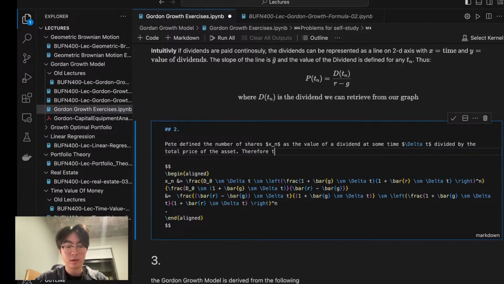Therefore, this number, I think xn, represents,